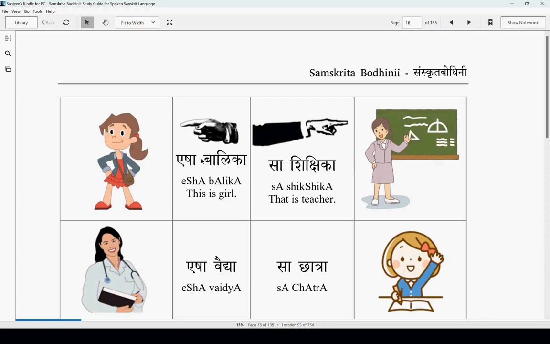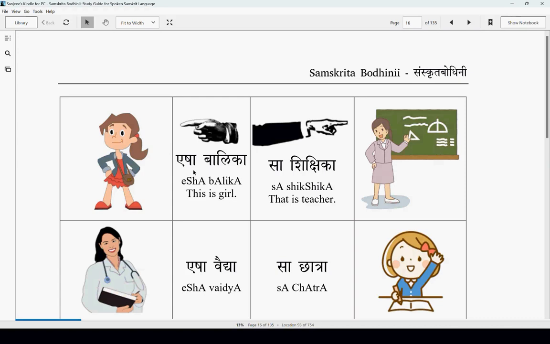A word which qualifies or describes another noun is called an adjective. So here esha is an adjective. So an adjective, that means a word which is qualifying another noun in a sentence, is called an adjective, and that adjective